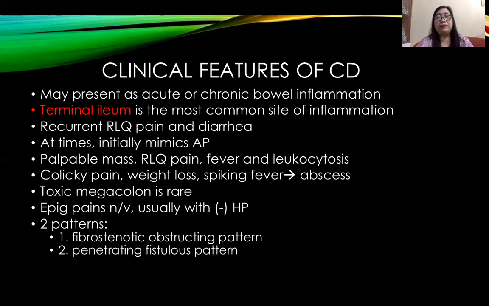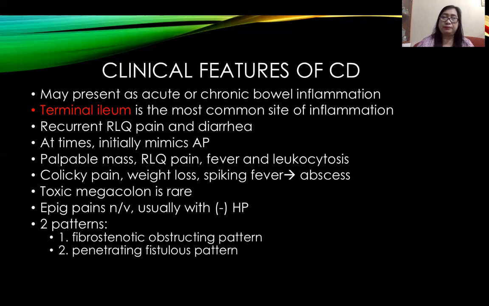Sometimes it may mimic acute appendicitis, especially if this is the first time that the patient will have an attack of Crohn's disease. Most of the time, the most common differential diagnosis is acute appendicitis, considering that the pain is located at the right lower quadrant. Okay, you may be able to palpate a mass. You may develop right lower quadrant pain. You may develop fever and leukocytosis. So if there is colicky pain, on top of weight loss and spiking fever, think of a complication such as